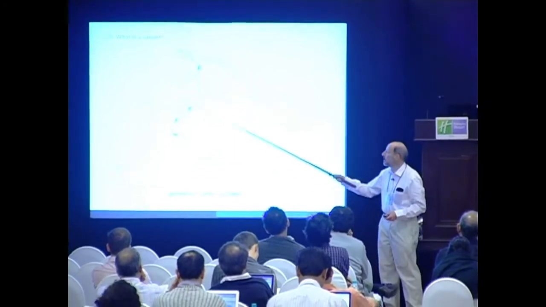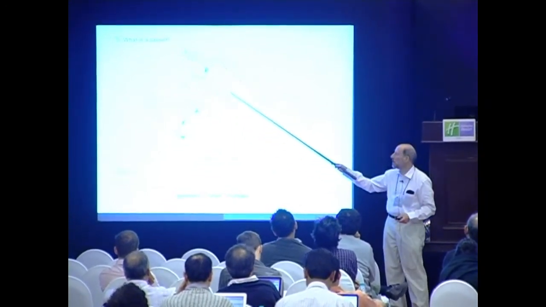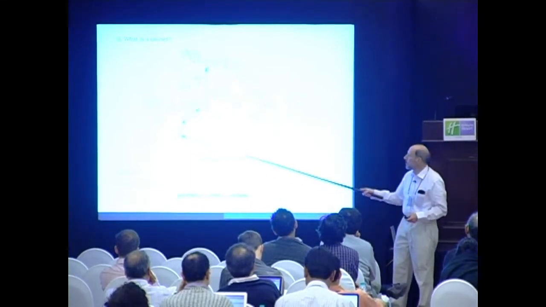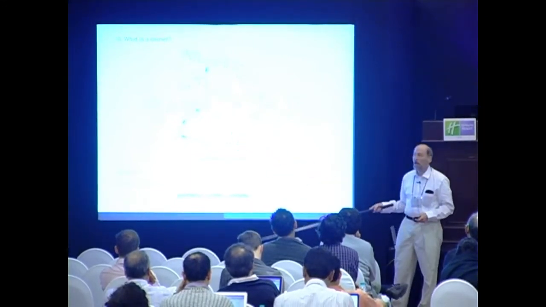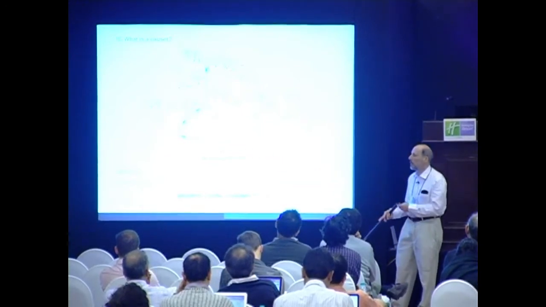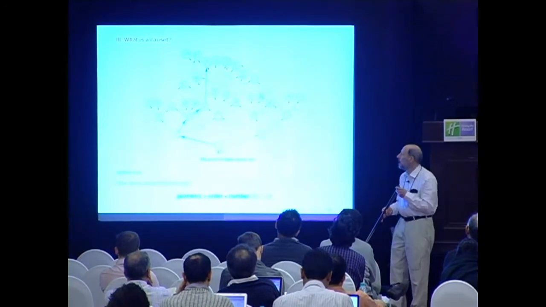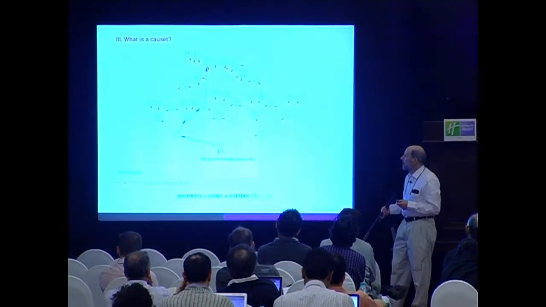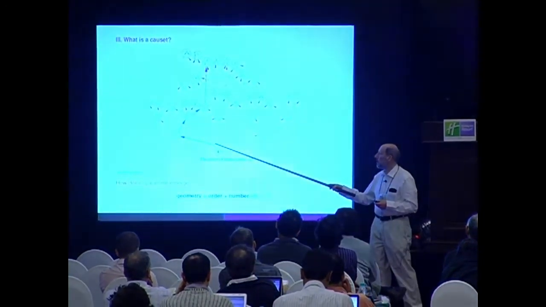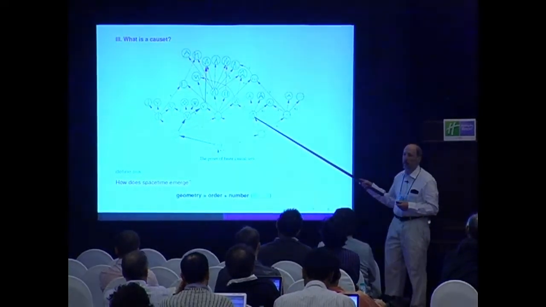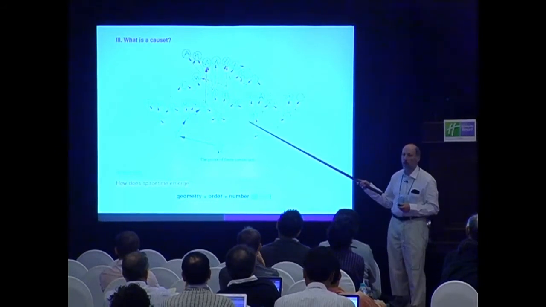So if you're close enough to see these little ones, you'll see a large number of pictures of small causal sets. This is what's called a Hasse diagram. And it's just a graph that shows the order relations among the elements of the causal set. A causal set is precisely a set of elements which have the same kind of order relation that space-time itself has, which is what's called the partial order.